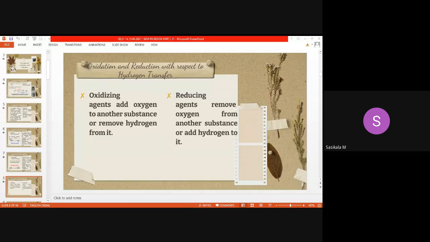Hope you have learned these concepts in school itself. It is just like a revision before moving on to redox titration, learning about various kinds of redox titration processes. Now is it clear what reduction is according to oxygen and hydrogen transfer? Can anyone explain what reduction is based on oxygen transfer and hydrogen transfer? What is oxidation? Nobody is there to give an answer. Yes, Rajkumar, go ahead. Thank you.